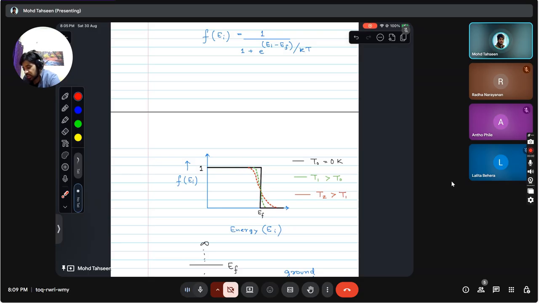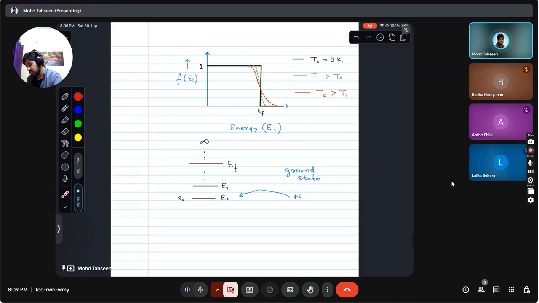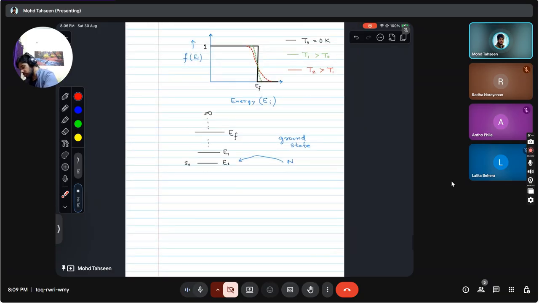Even at temperature T1 and T2, these probabilities are not altered. Only the energy states near the Fermi energy interact with temperature. And this is actually the biggest difference between the Fermi-Dirac distribution and the Maxwell-Boltzmann distribution, because if you plot a similar plot for the Maxwell-Boltzmann distribution,